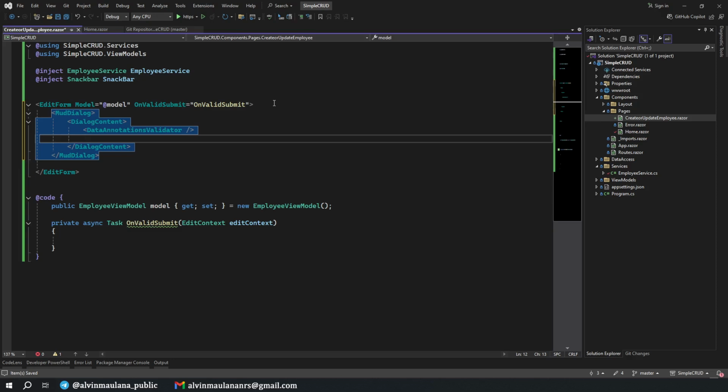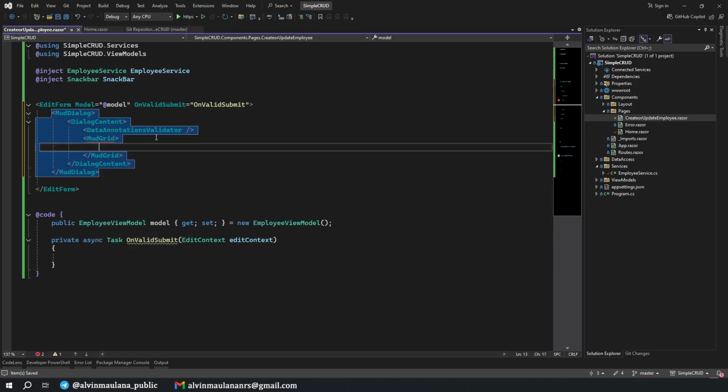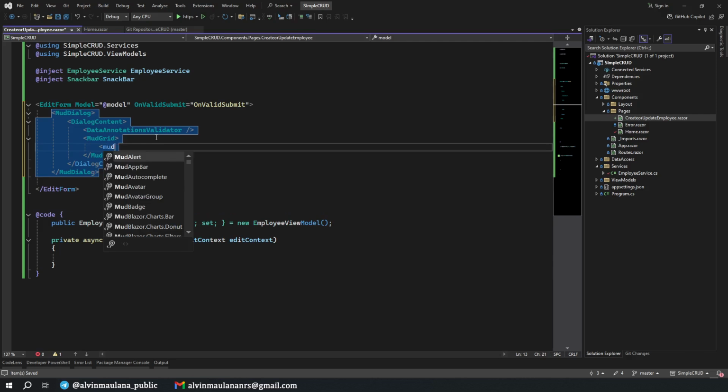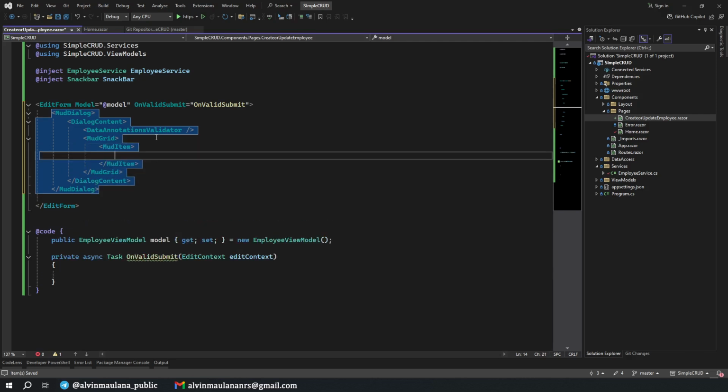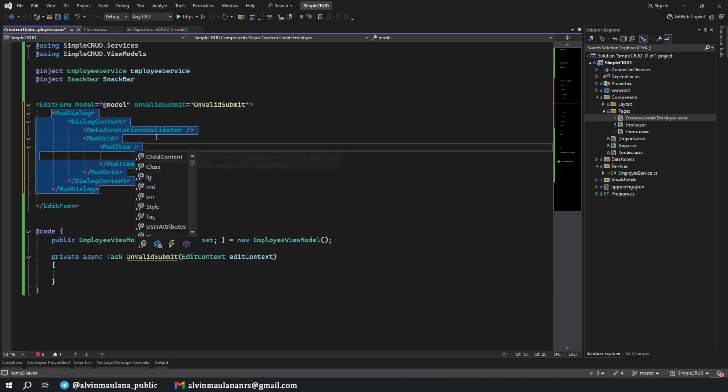So for example, when the full name is empty, we will show full name is required, something like that. And then we will have a MudGrid, and then we will have a MudItem. This one we will set as xs, this one we will set as extra small of 9,